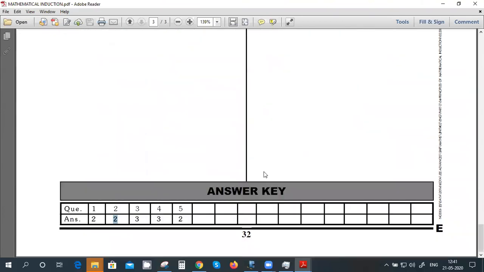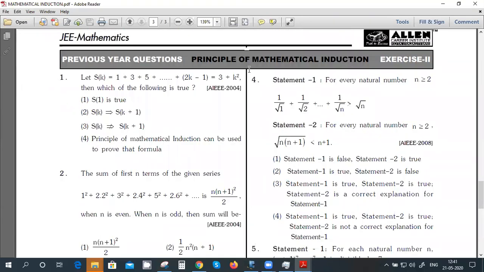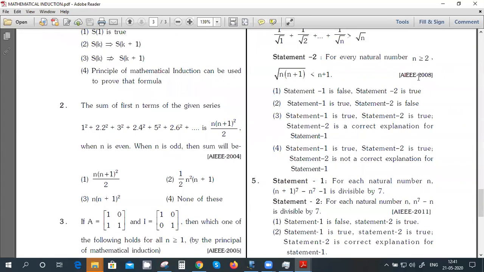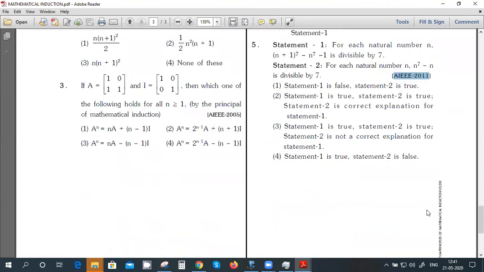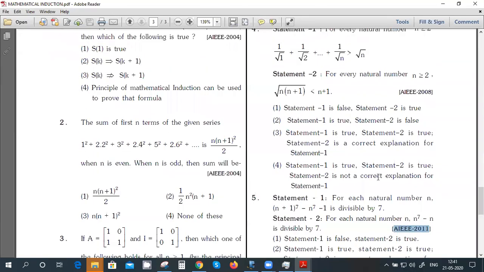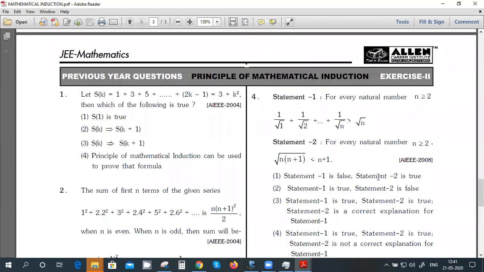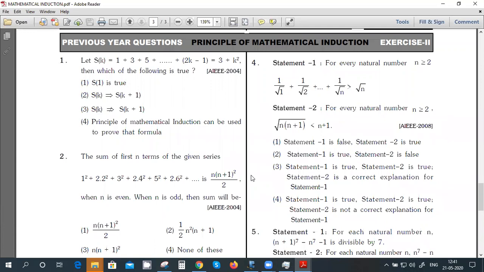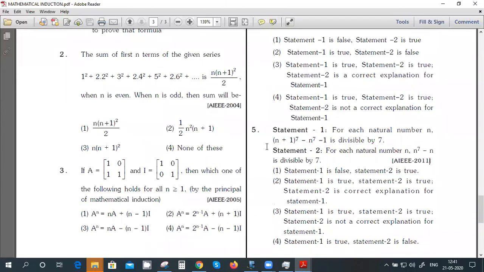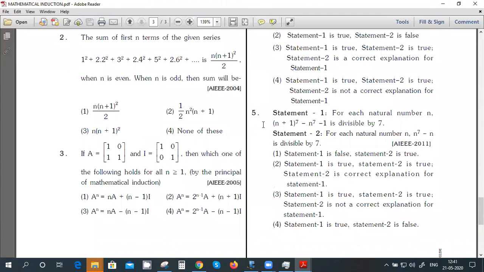In this Excel sheet, there are only previous year questions, only five questions. 2008 it has come, and 2011 it has come. After that, maybe this is an old Allen sheet. I have to check the latest. Mains might ask it, because in Mains they concentrate more on things which don't come in Advanced. Most probably it is coming. Okay, try the fifth one.